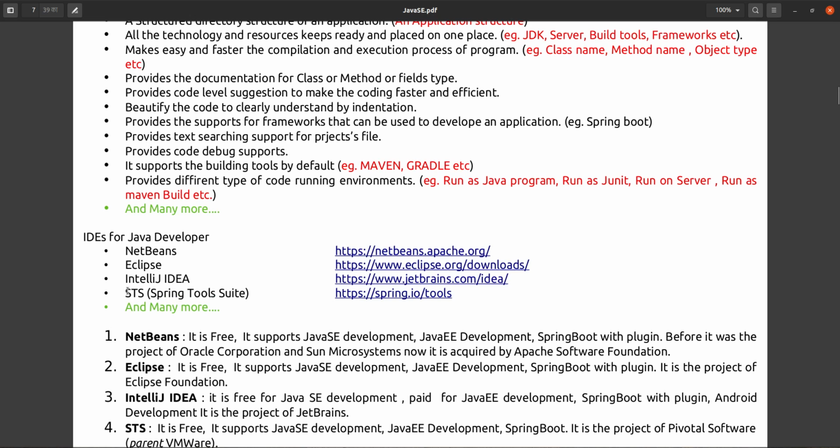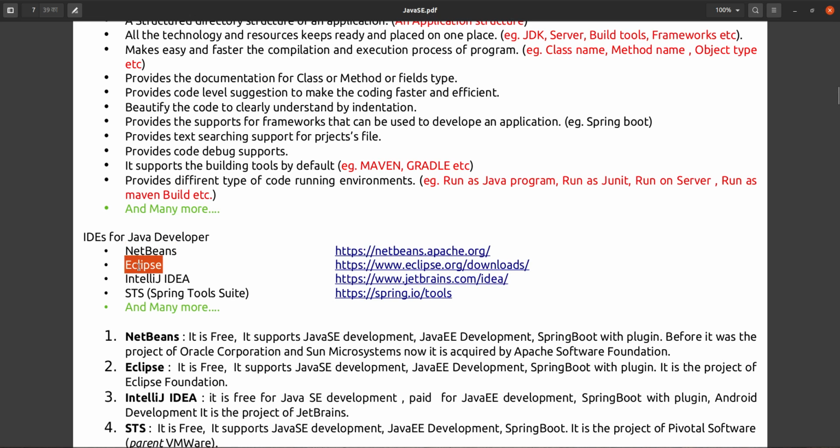We will use this Spring Tool Suite only, because this has all the supported features with no extra installation. In NetBeans, if you want to use any framework support like Spring or Spring Boot, then you have to install the plugin separately.